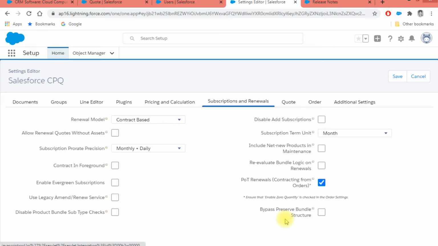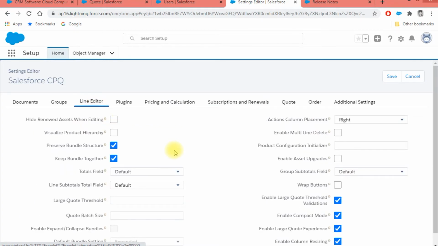Whenever a sales rep does an amendment, it will create quote lines without adding their bundles. At the same time, if you have configured any price rules or product rules which consider values from your bundle product, that time it might get into wrong pricing calculation. So you need to take care of that before enabling these options.